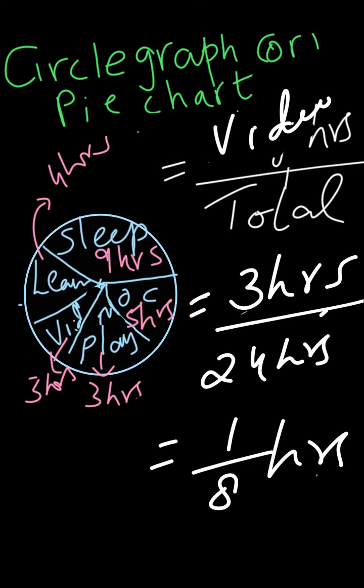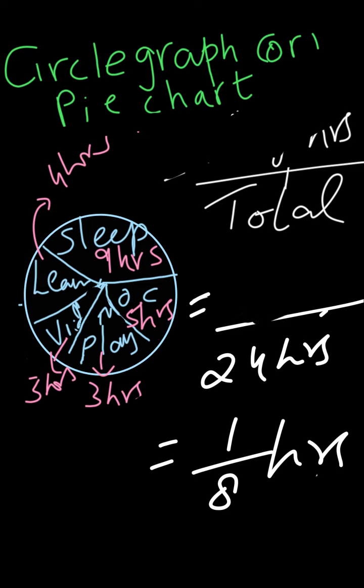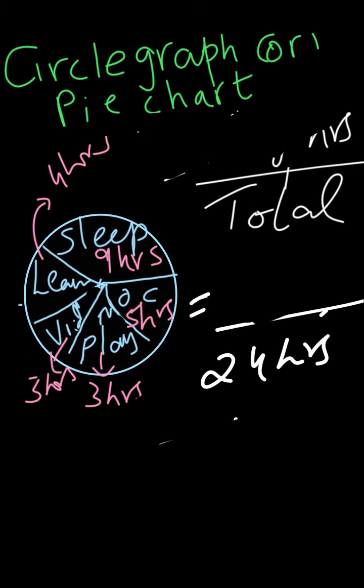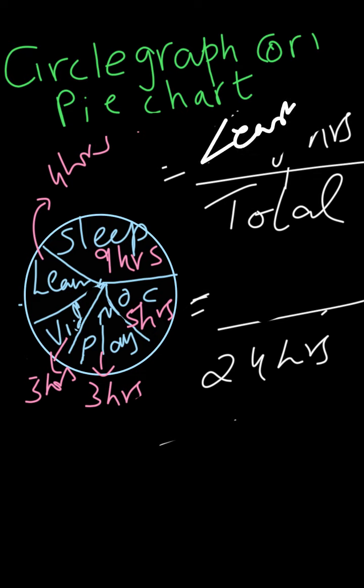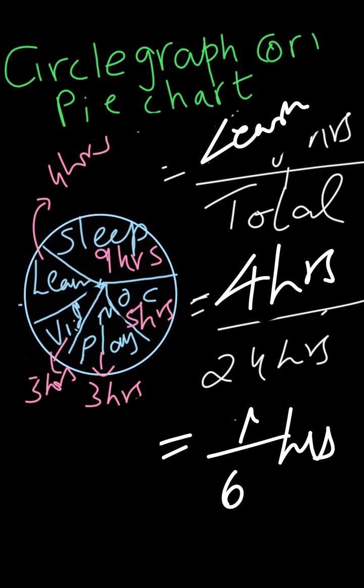Now we shall see about the learn part. So for video we have 3, and 24 is the same every time, the total, so let's keep it the same way. Okay, now learn time. Learn, I kept here 4 hours with notes and completion, everything. So 4 by 24 can be cancelled, like 1 by 6. Okay, 1 by 6th of the day I am doing them.